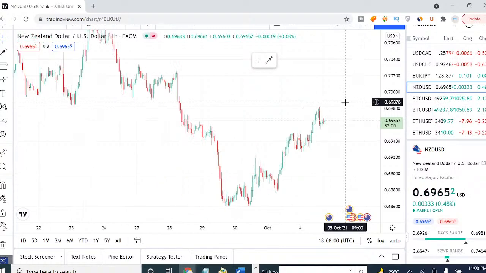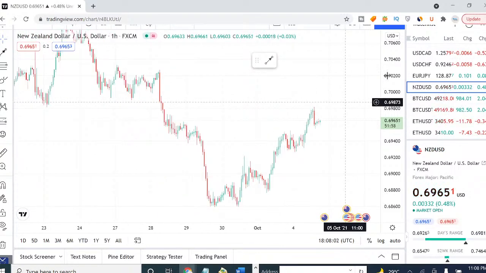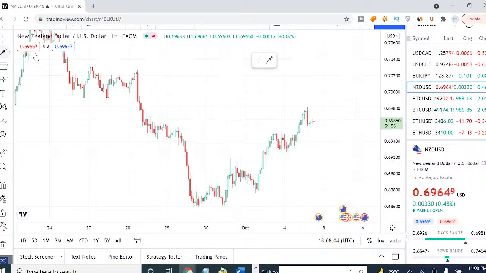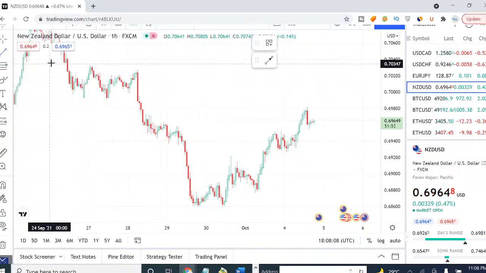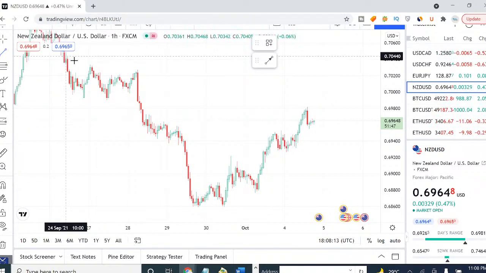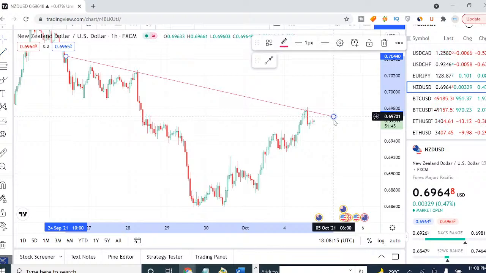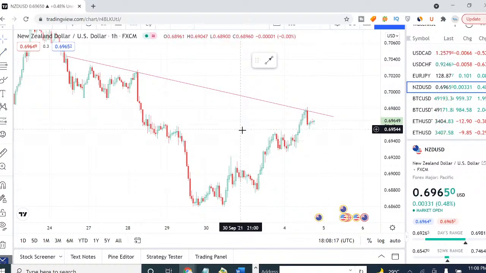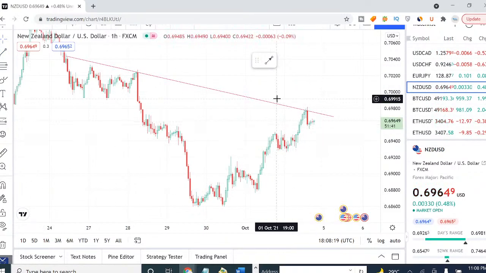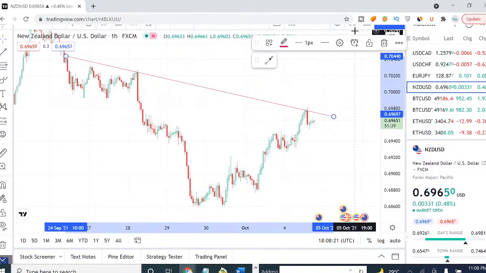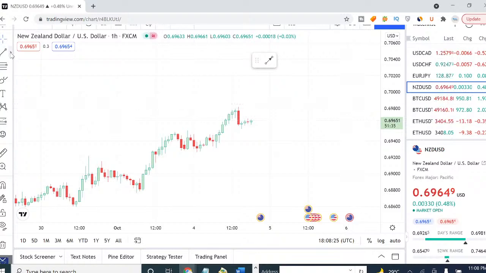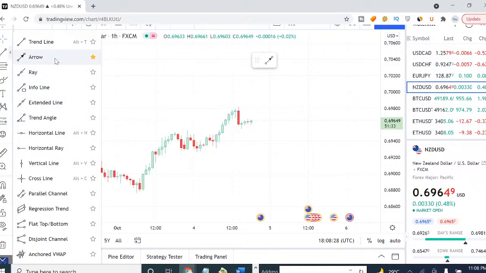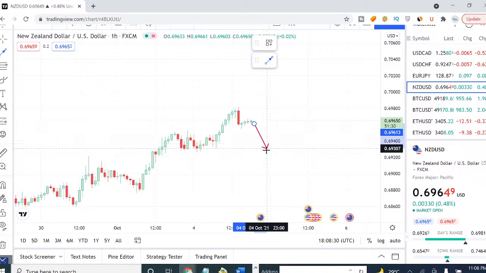Okay, if I look at New Zealand USD, yes, definitely this looks like a very good flow of the market. Now I'm going to pick a trend line from here to here. So a very sweet upward trend is going on, and if I make the trend line like this, so guys, what do you think about it? That's very simple. The price is basically going down, and I have a very good confirmation as per the price action here. So guys, what I will say with no doubts, I am very much confident that the price